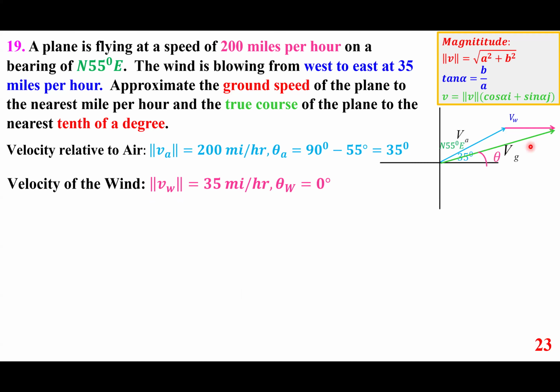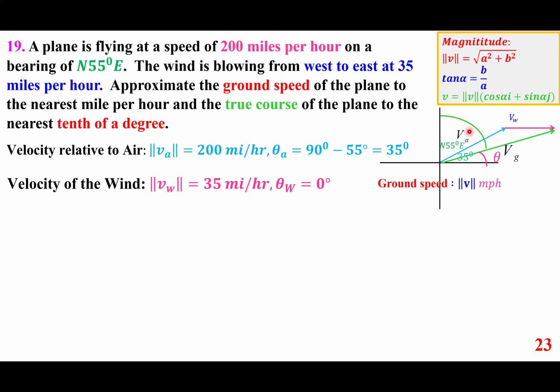So this we call V, velocity relative to air, velocity relative to the wind, and velocity. This is the true velocity with respect to the ground, everybody. So this one, we need this angle. Ground speed would be the magnitude of that,